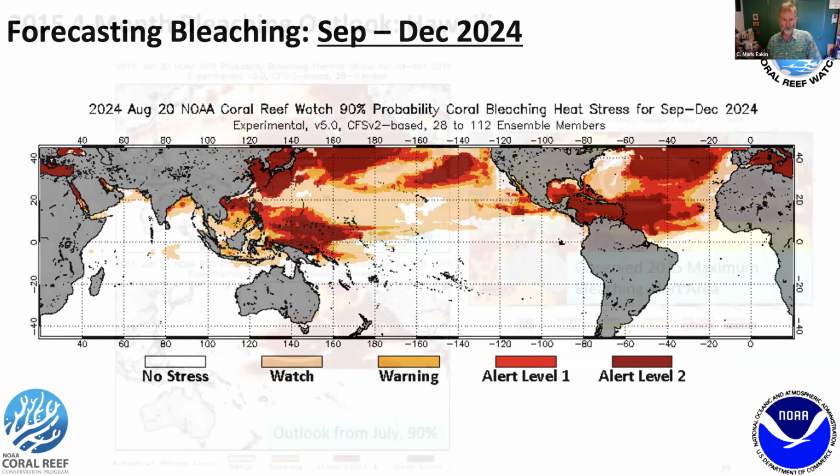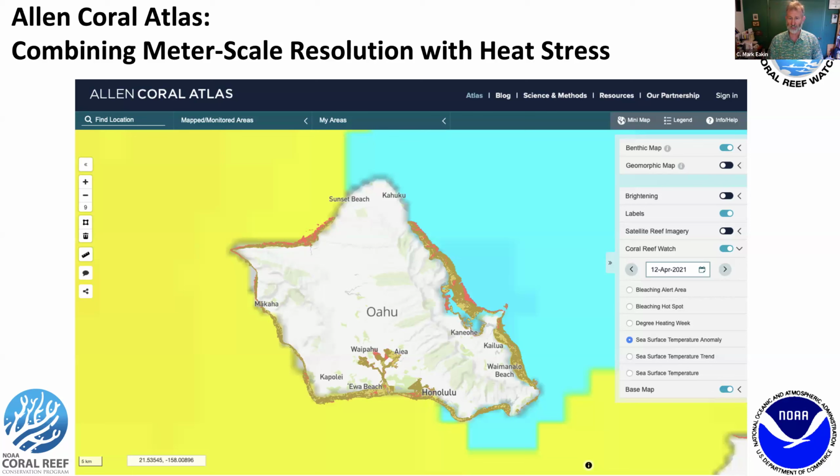Talk about a few other products that Coral Reef Watch is doing based on their heat stress work. One of them is now there are these great satellites that were developed by Planet, and they changed their name. I'm forgetting the name of the company that is flying these very small microsats that are taking images around the world. And those are being used by the Allen Coral Atlas. This is funded by the Paul G. Allen Foundation. Paul Allen being one of the founders of Microsoft, who's put significant money into conservation, including coral reef